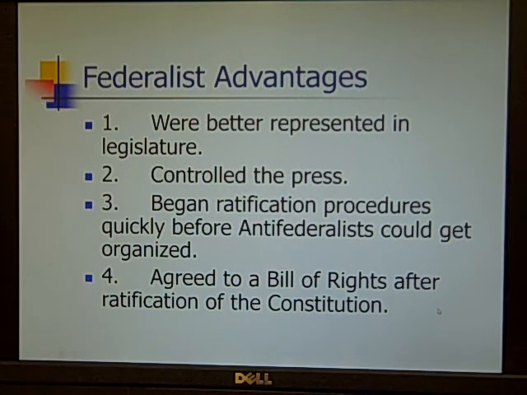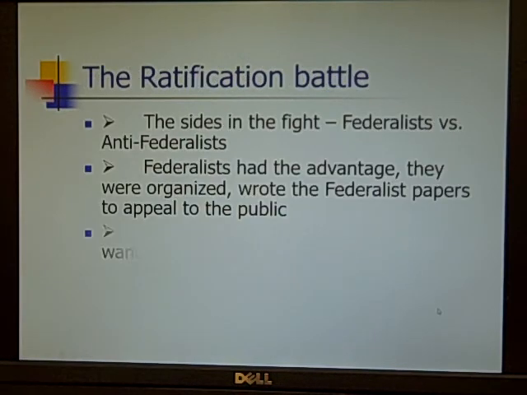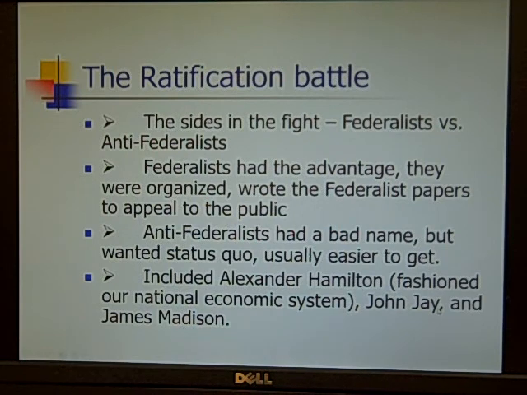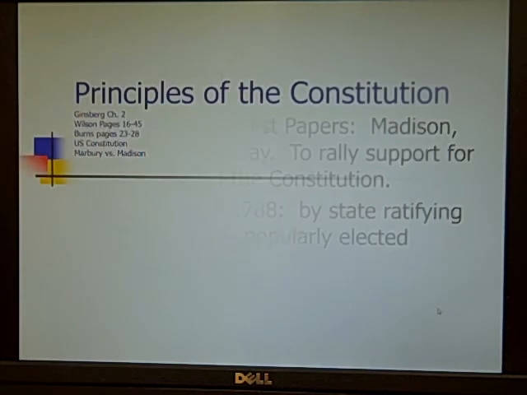All right, they're going to start the ratification process really before the Anti-Federalists can even organize, again because the Federalists were better organized. They're also a little bit better represented in the state legislatures, again because these people are more of the elites of society. And then in order to ultimately accomplish this, the Federalists are going to agree to the Bill of Rights after ratification occurs. All right? That's just the Federalist Papers. So,